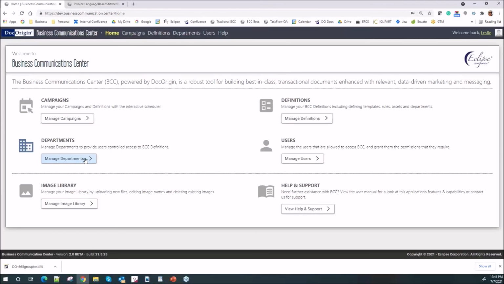So we've grouped this as campaigns. Campaigns are the actual template itself, and that would be our master global template. For example, the blank stitch date document, or my invoice document that has multiple languages. And then our definitions are basically the overlay to this template, so it is using our master global template.